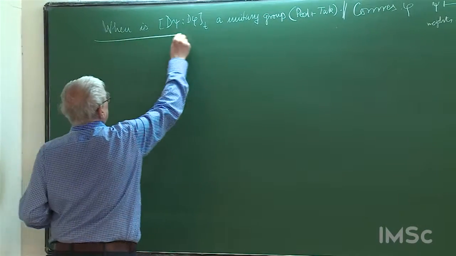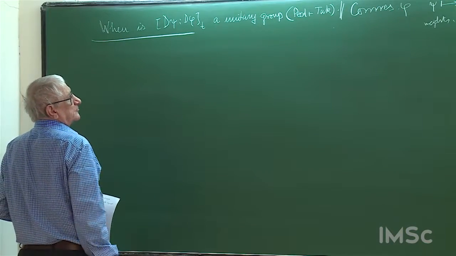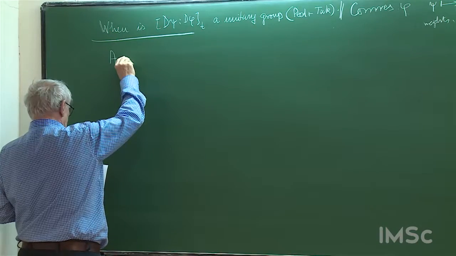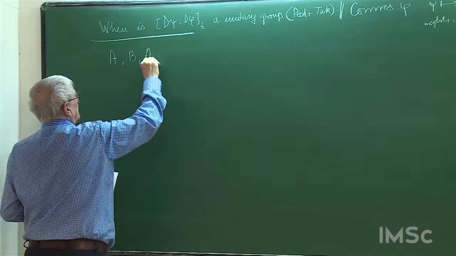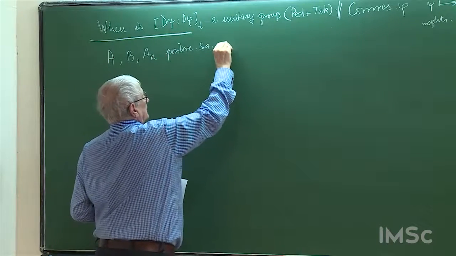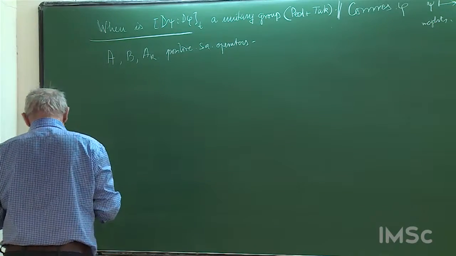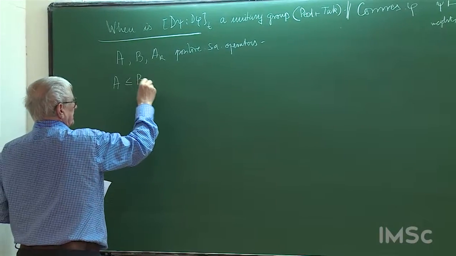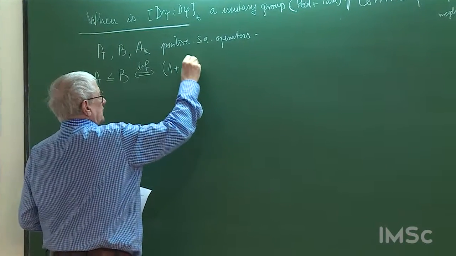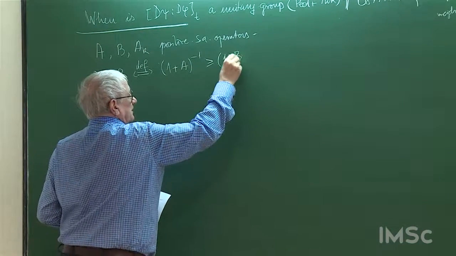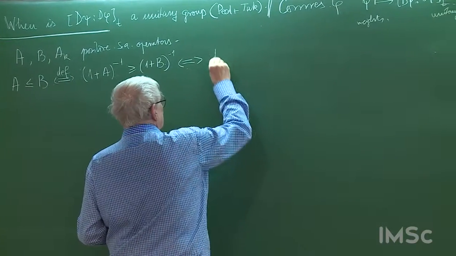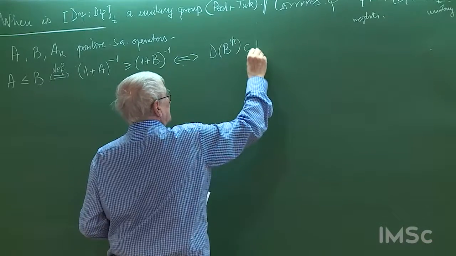Before going into these things, I will recall or just present several things. Say A and also B and also A_k be positive self-adjoint operators. Then, what does it mean that A is less than or equal to B? By definition, this means that (1+A)^{-1} is bigger than (1+B)^{-1}, which is the same thing as saying that the domain of B^{1/2} is included in the domain of A^{1/2},